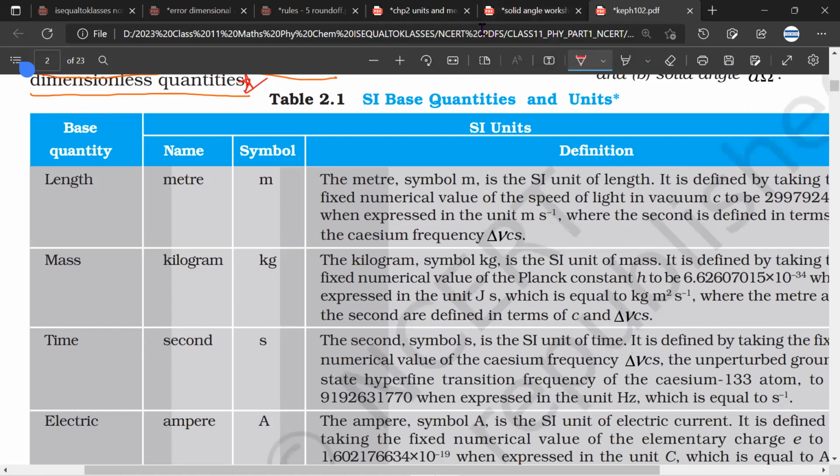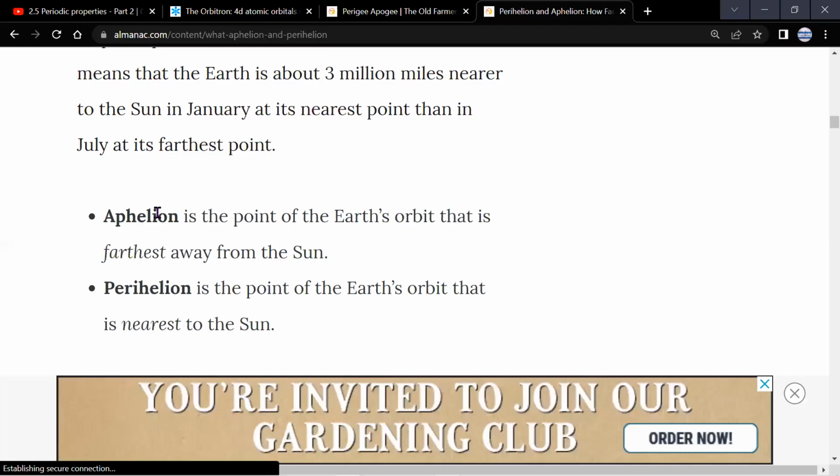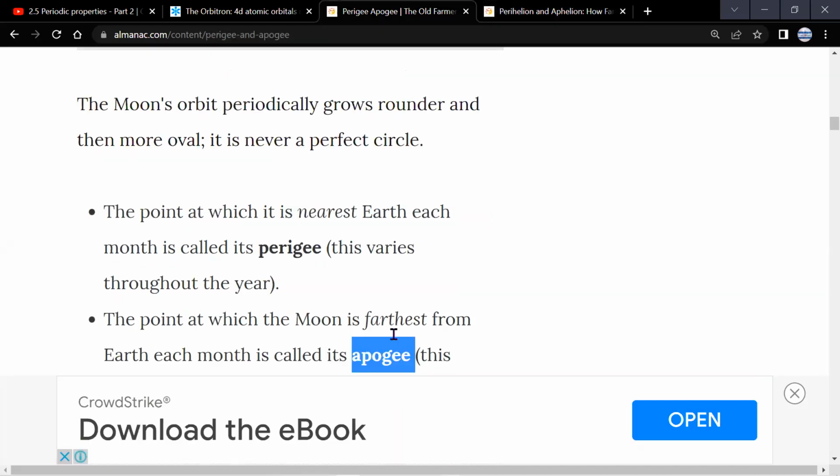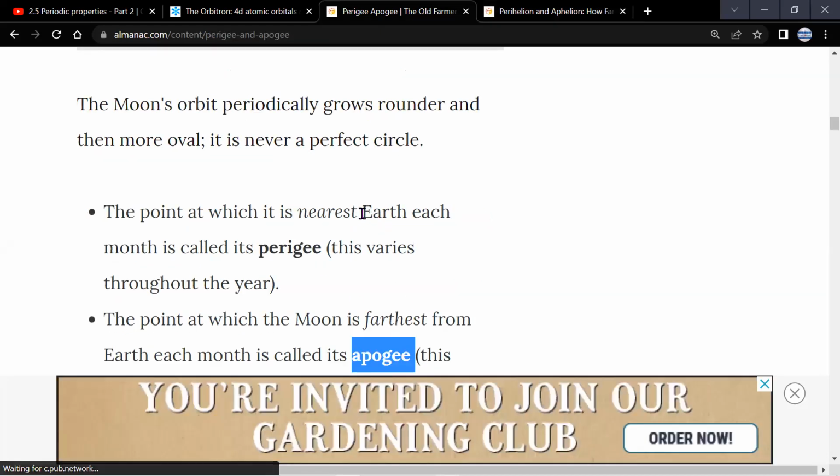Now, once we have understood this part, that aphelion is the Earth's distance that is farthest away from the Sun, and perihelion is with respect to a celestial body. We had defined this as a celestial body. So a celestial body can be Earth, it can be Pluto, it can be Neptune. But the moot point is that the distance is with respect to the Sun. But when we compare this with perigee and apogee, apogee is only with respect to the Earth-Moon system. Are we clear, Avantika?